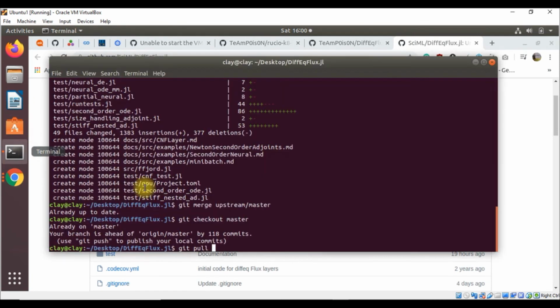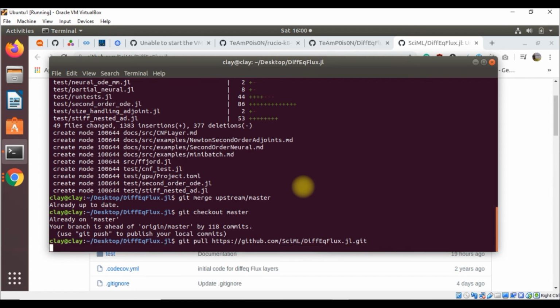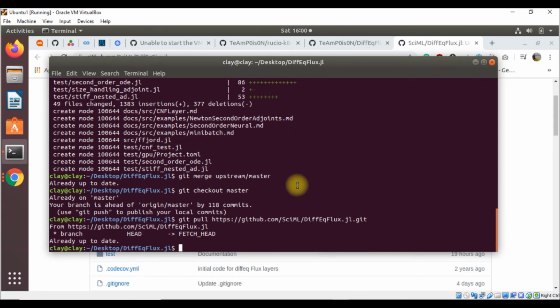We will copy this link and paste it here, and after this you can mention the branch name. If you want to pull all branches, then you don't need to mention any branch name. Just hit enter, and you can see that it's already up to date.